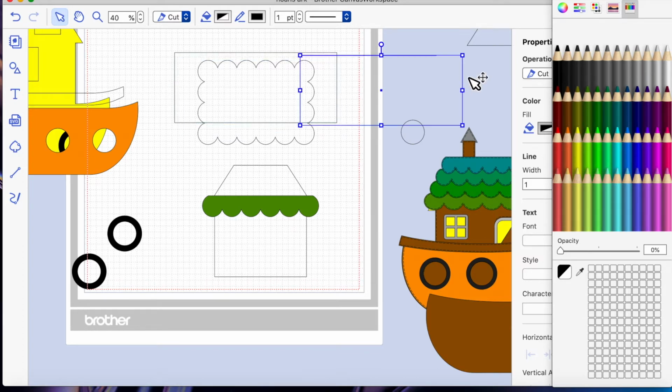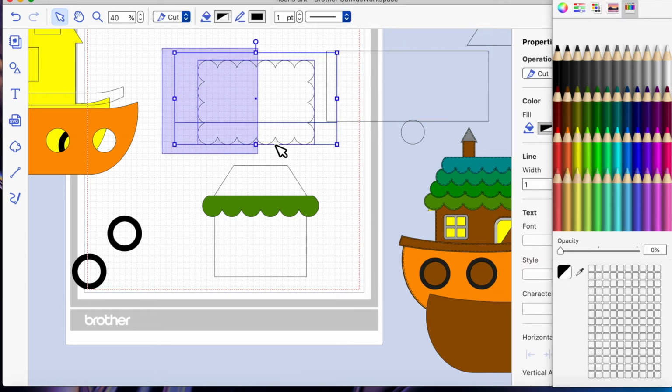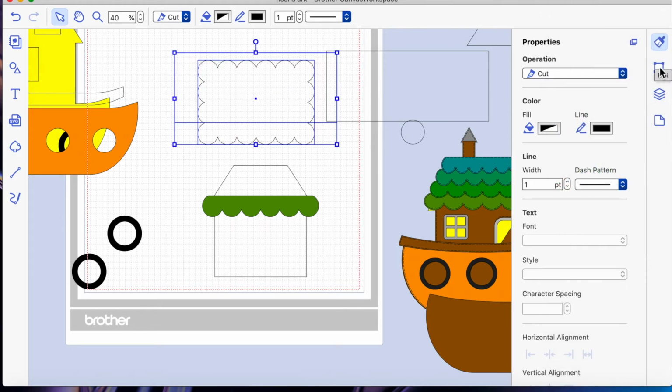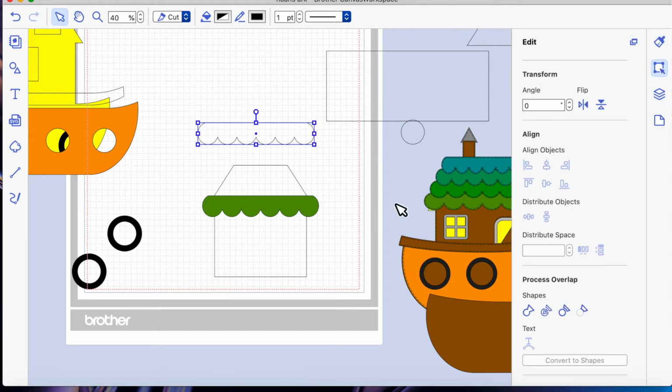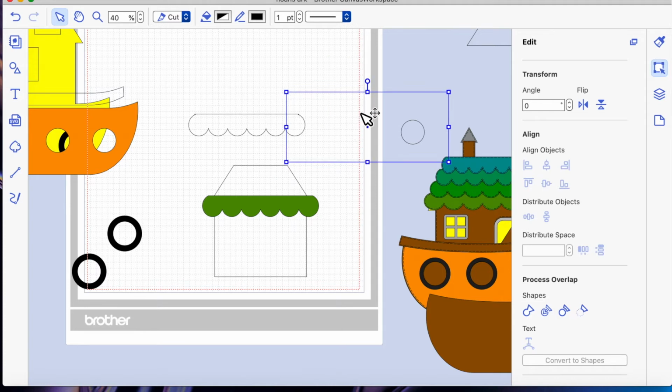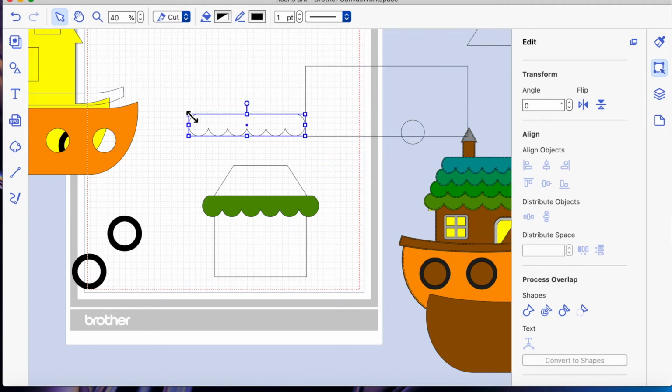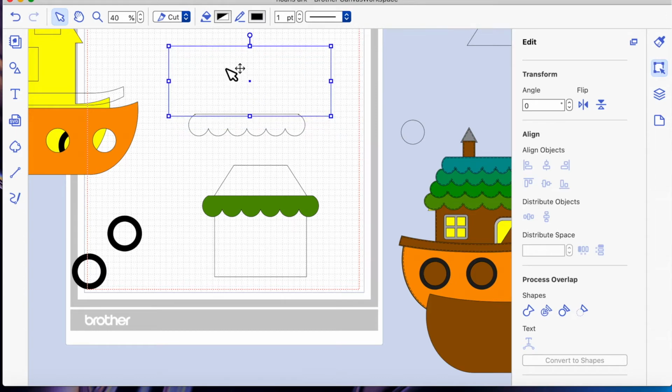Let's take a duplicate, move it off to the side, select both, and we're going to subtract using the process overlap and subtract. That's given us that bit, and now what we need to do now is cut off. Well, I think I made it smaller at this stage though, and I haven't got quite low enough there. If that happens, I suggest you just go back in and repeat the step,